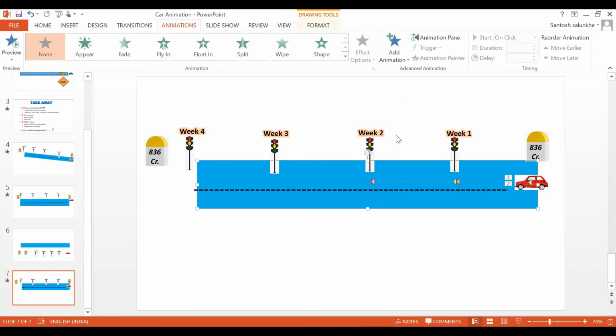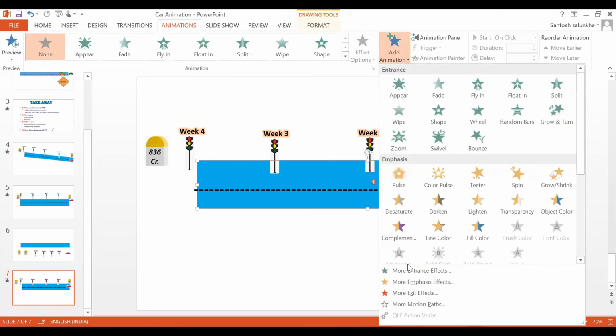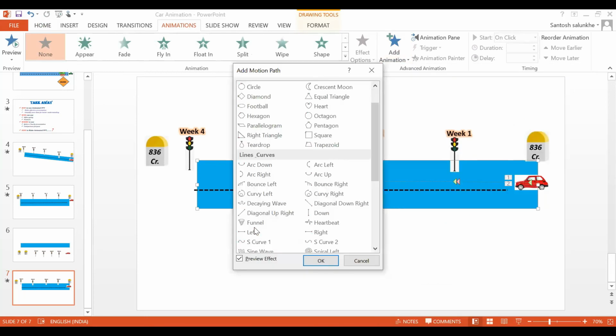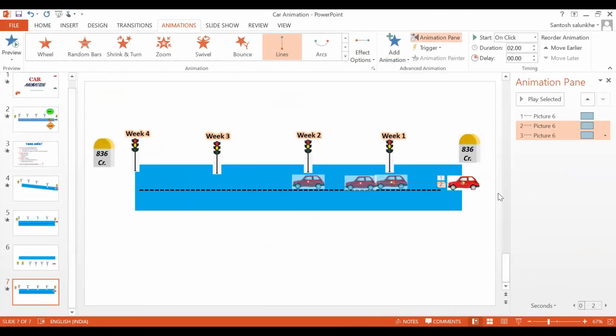Now again, we have to show from week 2 to week 3. The same way we have to use it. Here we have to drag the car from here to here, and keep this point here. We have to match them.